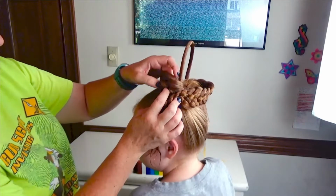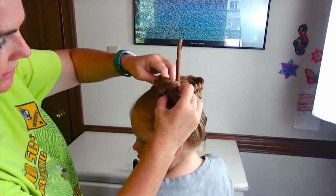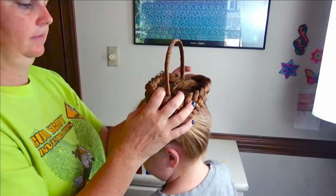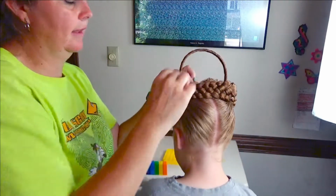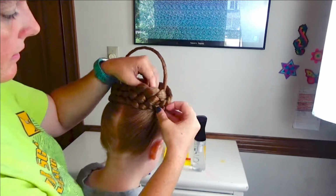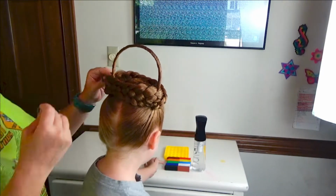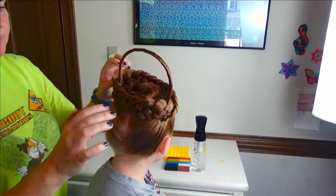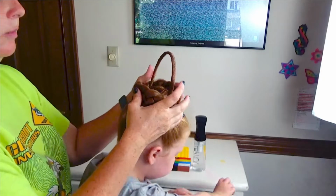I'm going to find a hole, one of the pieces, and I'm going to stick it through. So then you are not seeing anything on the outside of this. And then I will secure that. We're going to find pieces and places that might need to be a little bit more secure, and just put a bobby pin in it. Yeah, we're not going to worry about what it's going to look like inside, because we're going to be putting